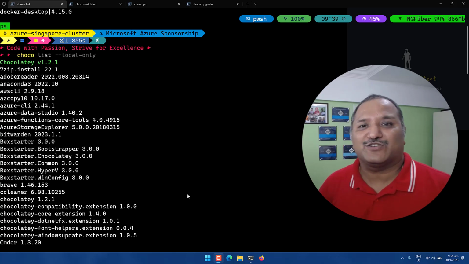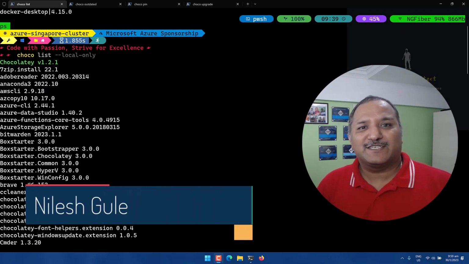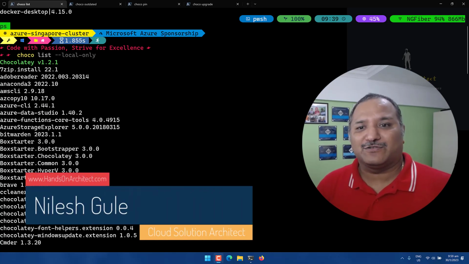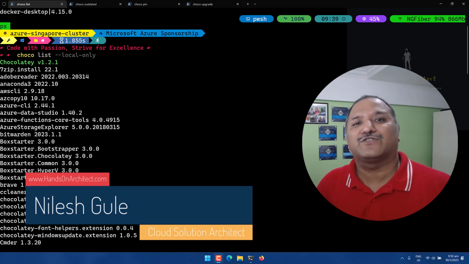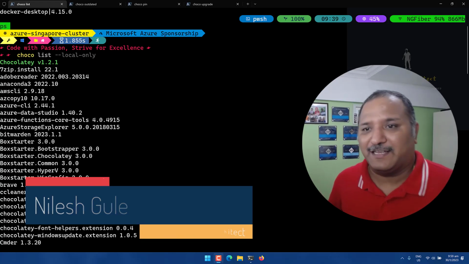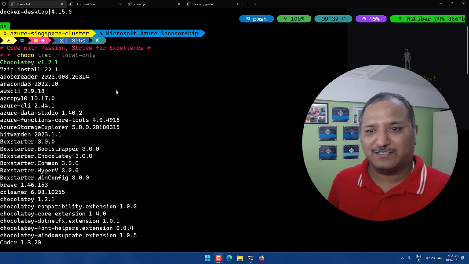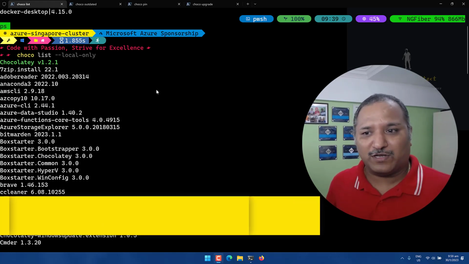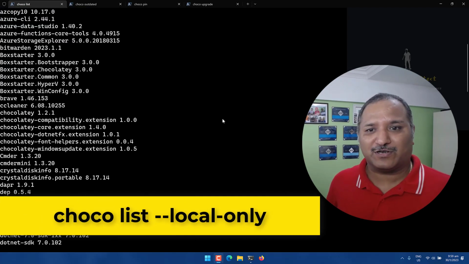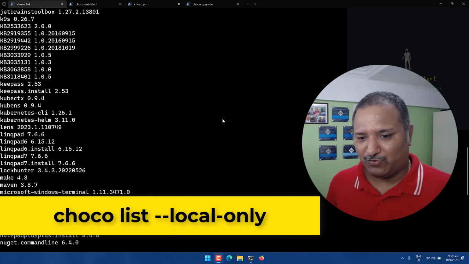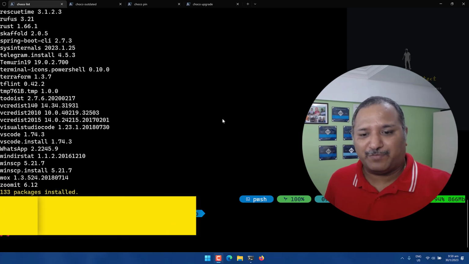I have been using Chocolatey as a package manager for Windows for quite a few years. I use it almost on a weekly basis to upgrade the software and even to install software packages. If I go to the command line and run this choco list command and list the local packages that I have installed using Chocolatey, you can see that there are more than 130 software or packages that I